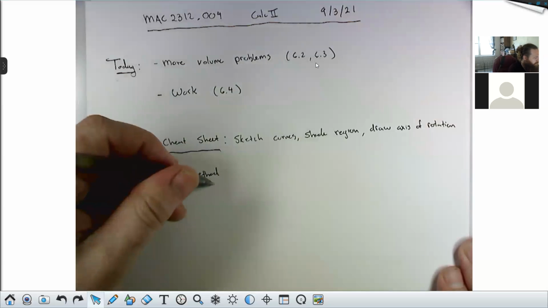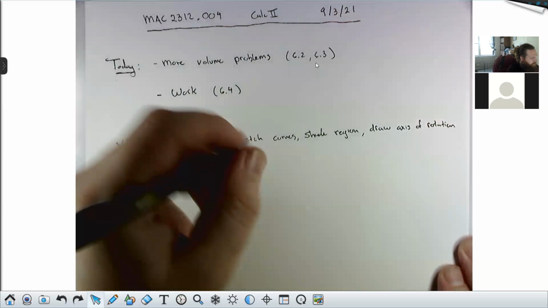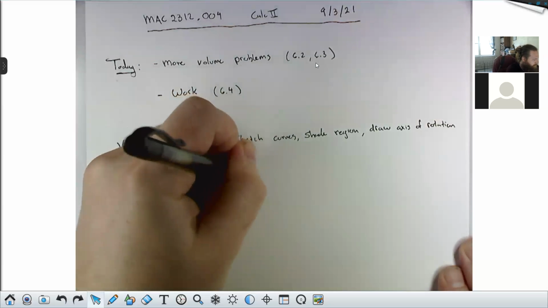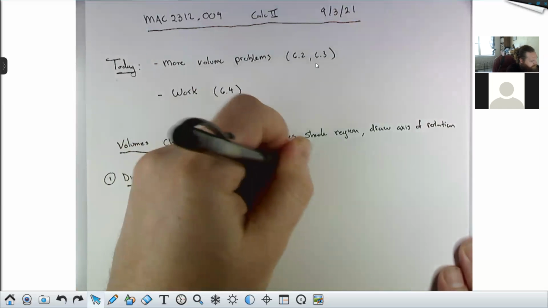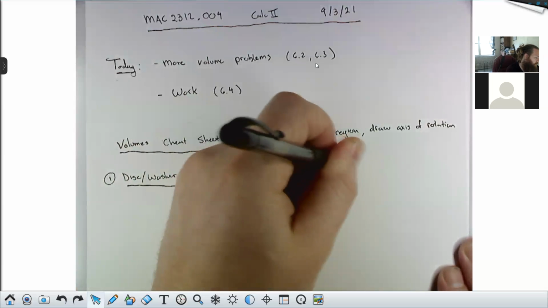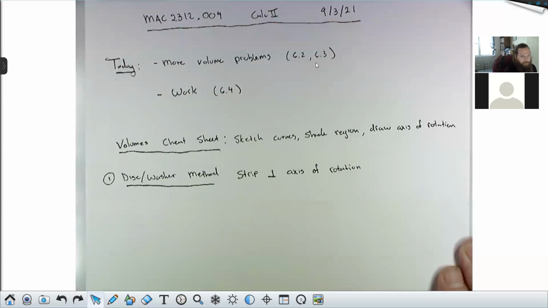And then what you do from there depends on which method you're using. For the disc washer method, you draw the strip perpendicular to the axis of rotation. Remember, after doing these things, your next step for both is to draw a little differential thickness strip. And